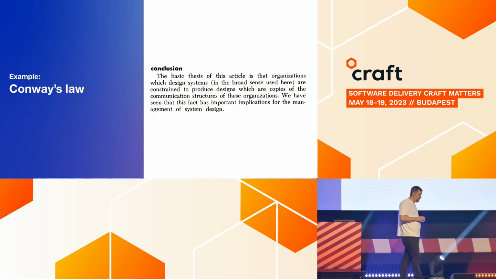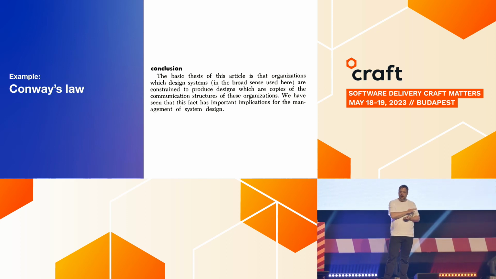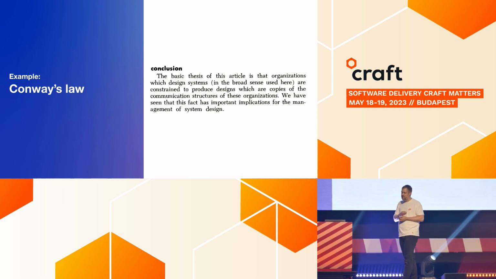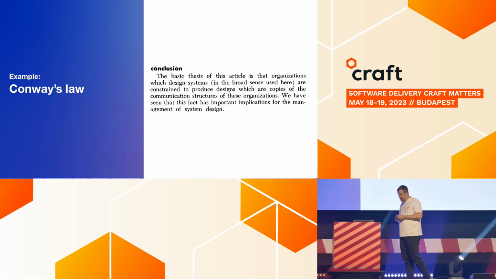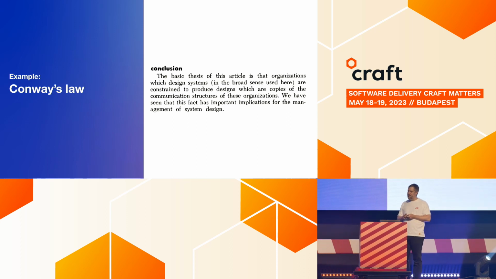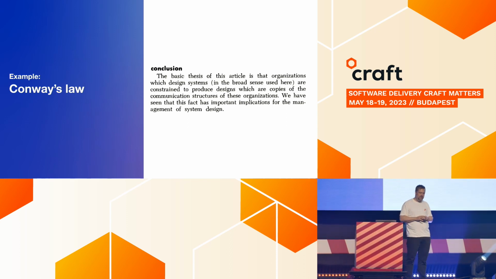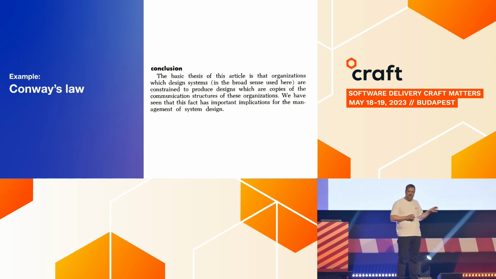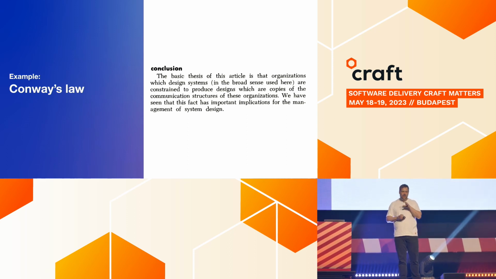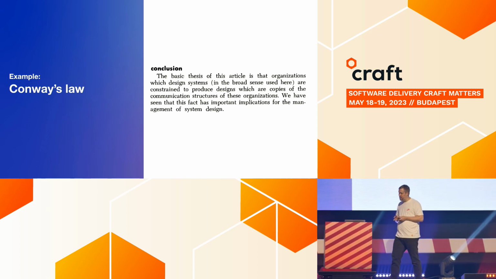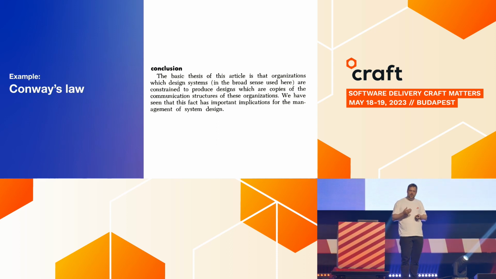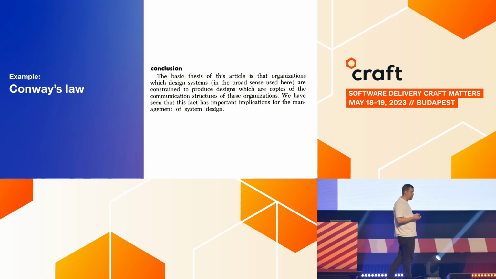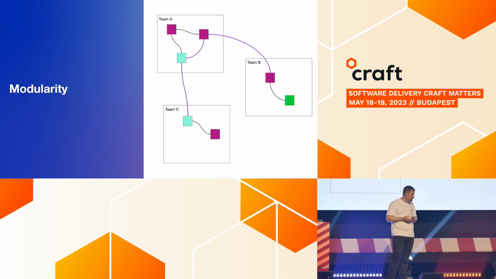In our experience, this is sort of a law of nature. It's very, very hard to break away from this, just because of how humans function. So typically what you try to do is something called the inverse Conway maneuver. Rather than trying to break this law, you accept it and you try to organize your organization after how you want your architecture to work. I'm not claiming that we're doing this perfectly by any means, but now we can start using this data that we have to start thinking about what our organization looks like.